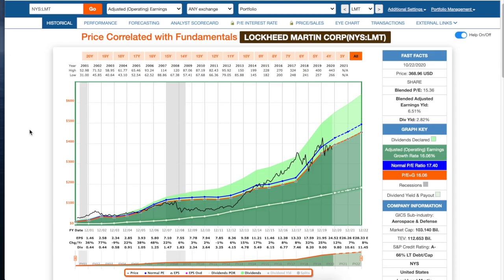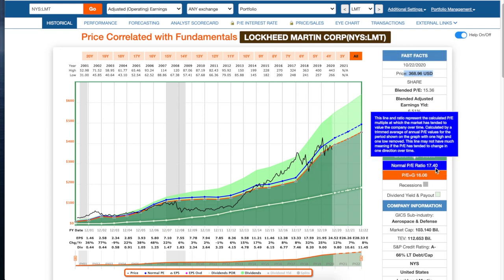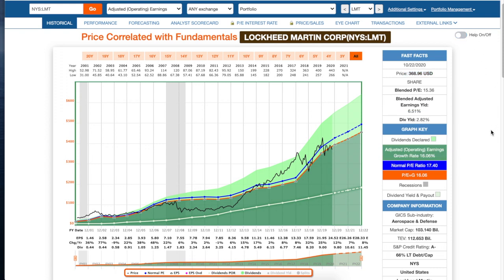So first off, let's look at Lockheed Martin. This is yesterday's closing price at $368. You can see overall the long-term normal PE multiple is 17.4. Right now the multiple is at 15, so it looks to be undervalued based on this long-term multiple. Again, S&P credit rating of A-, which is investment grade, which is excellent, and a 66%